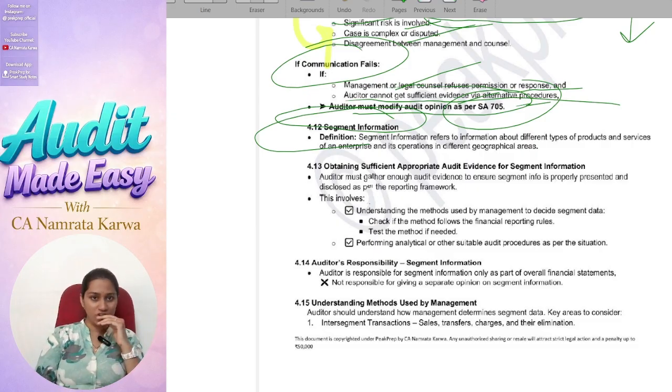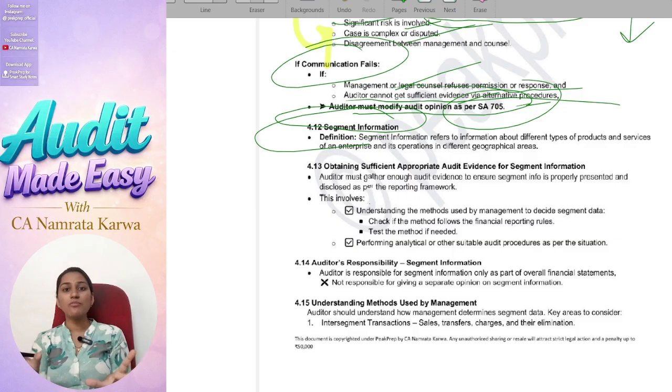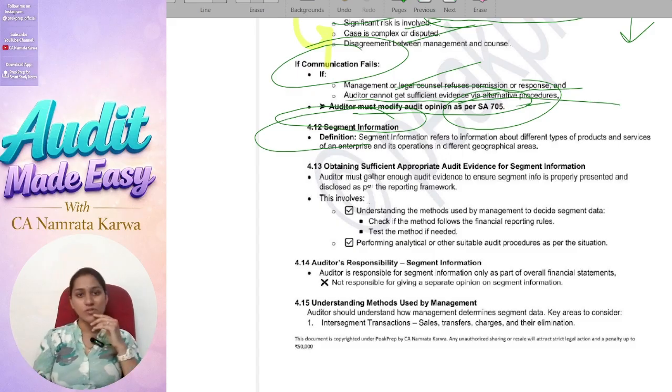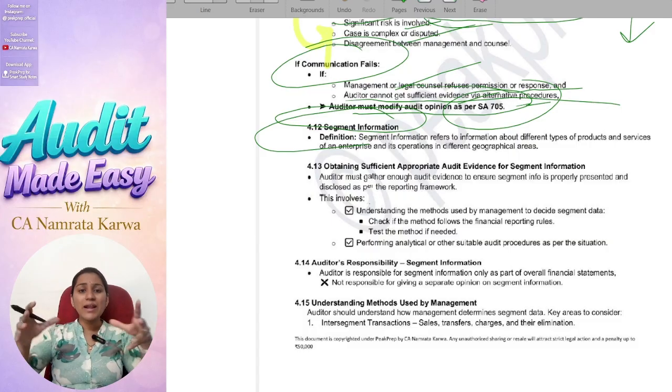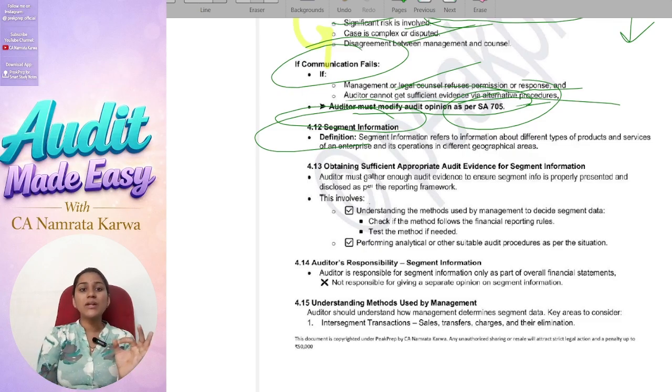Okay, then coming forward to the last concept of this very special and very easy SA, segment information. Nowadays, people are not satisfied with one kind of business. They want to do food business also, clothing business also, and other businesses too. But at the end, how will you come to know what profit you are gaining from such different kinds of businesses? That is nothing but segment information.